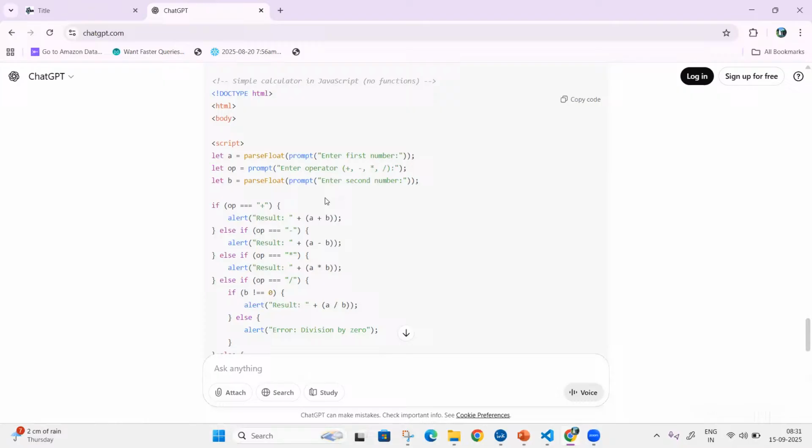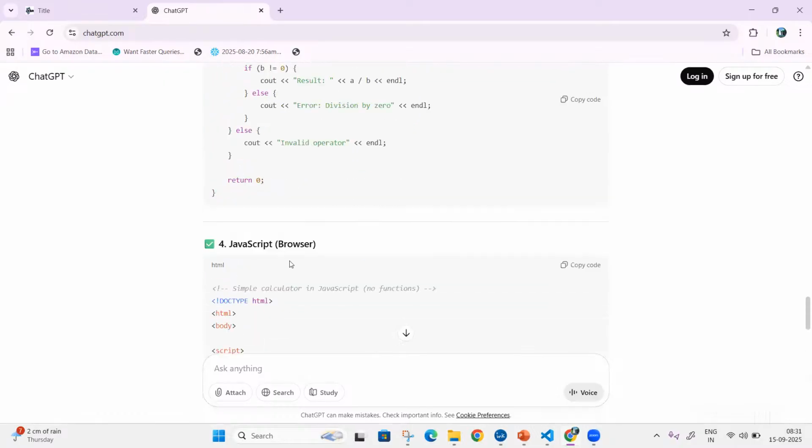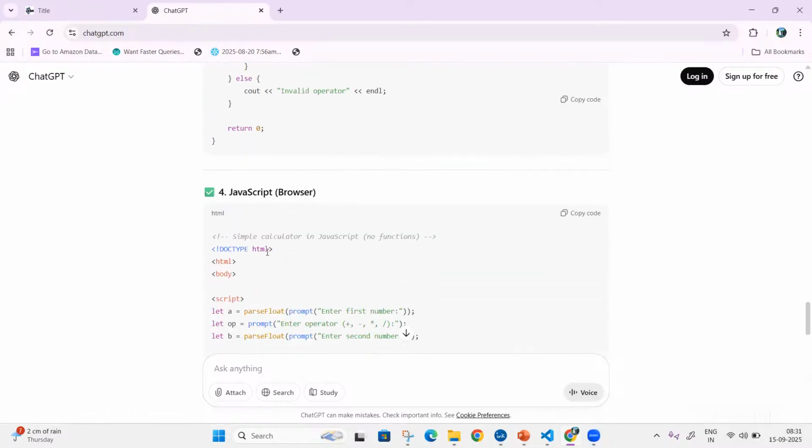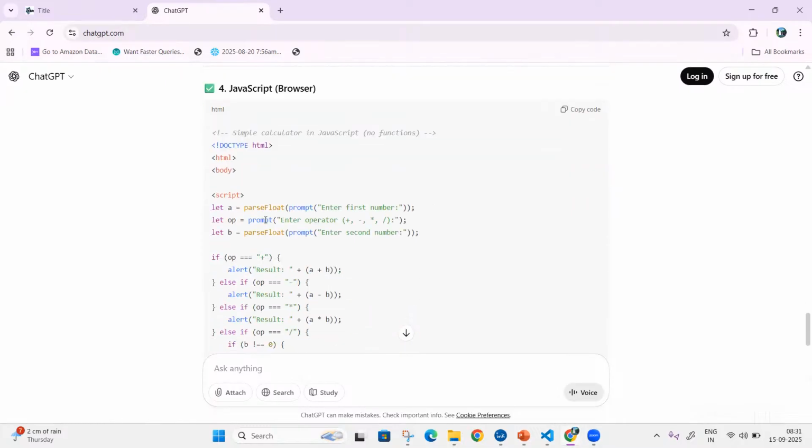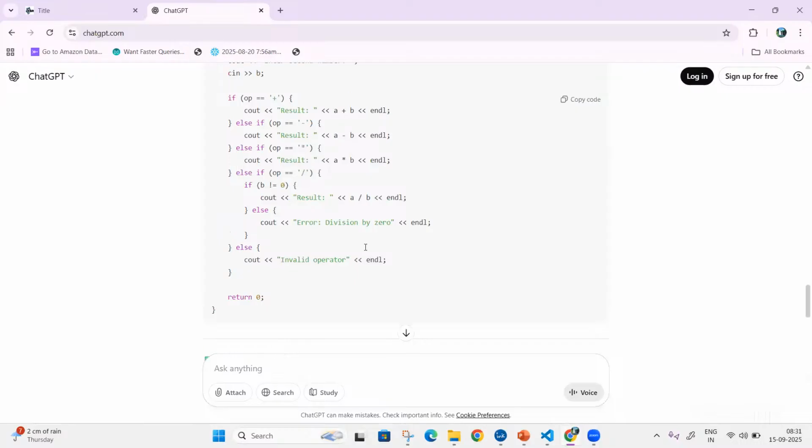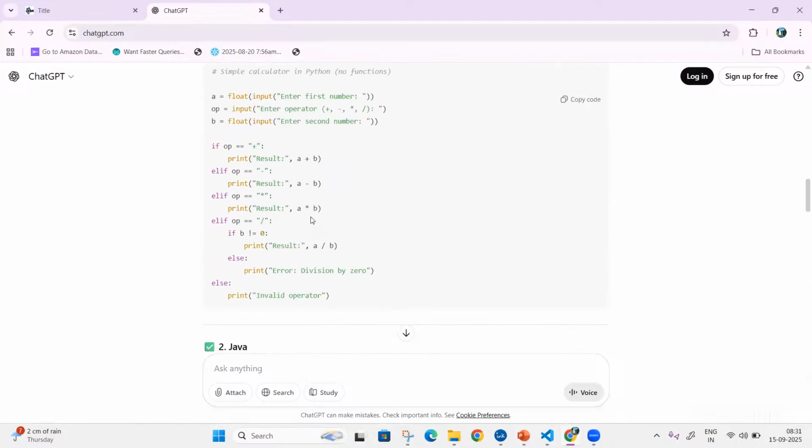We come to JavaScript. JavaScript is interpreted, a good scripting language, somewhat easy to learn. But again there is the doctype HTML, body, script, and parseFloat, everything. It is much more difficult. Whereas if you give a simple Python code, it is very easy. Quickly you can develop it.